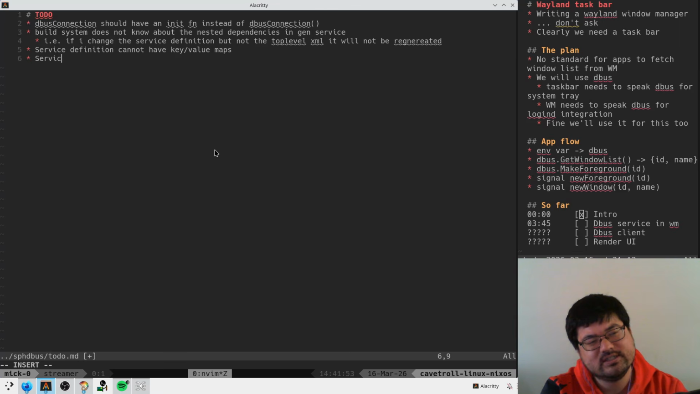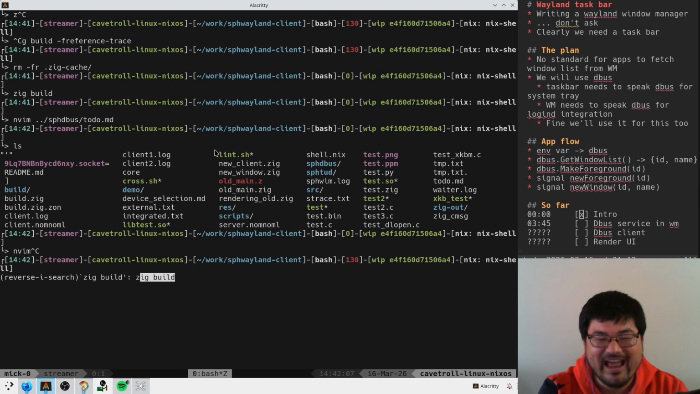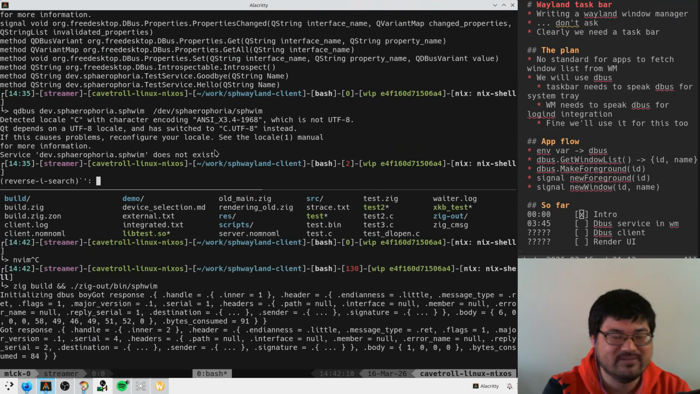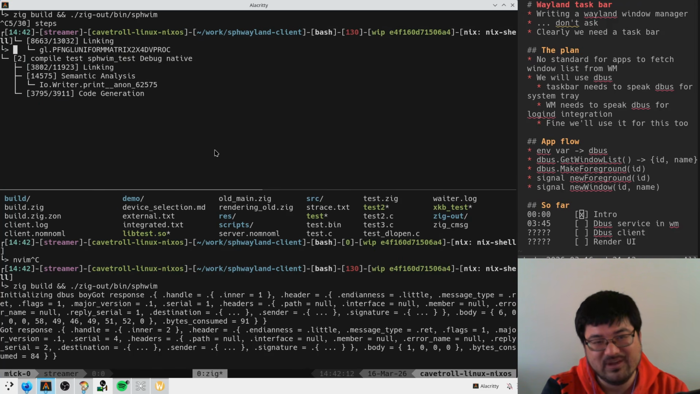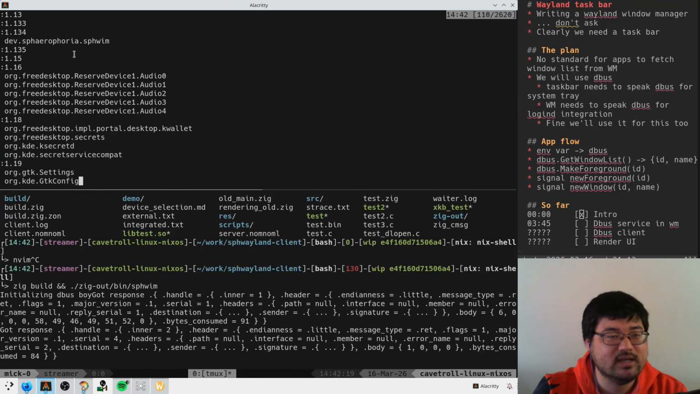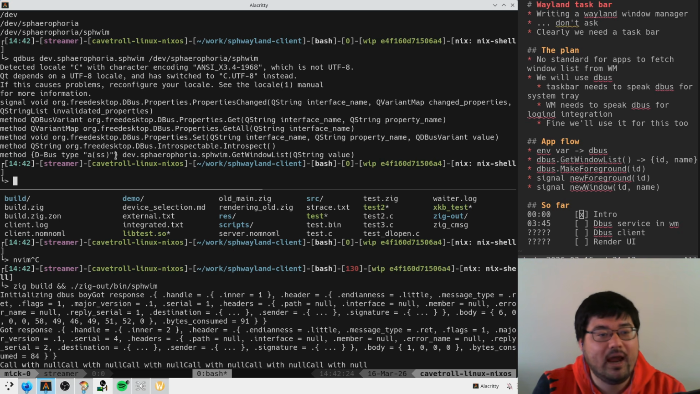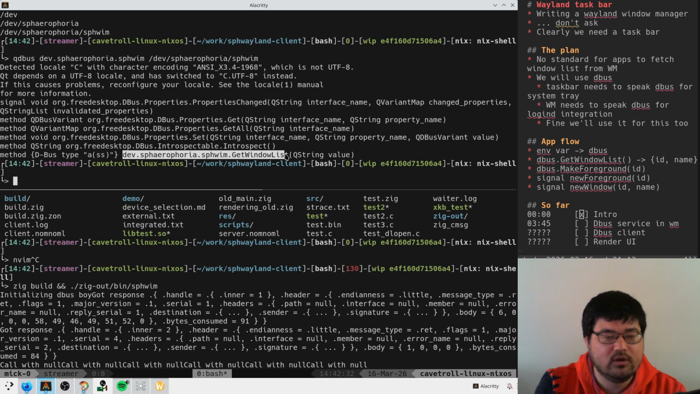Our service definition does not support null, like zero-argument functions. God, our library really sucks. It's so bad. But now we should be able to run the window manager, and we should be able to introspect this thing. Can we queue D-Bus maybe? And can we look for our program's name? This thing? And this is the object path. Okay. And on here, we now have a method that's going to return an array of string structures. So if we call GetWindowList now,